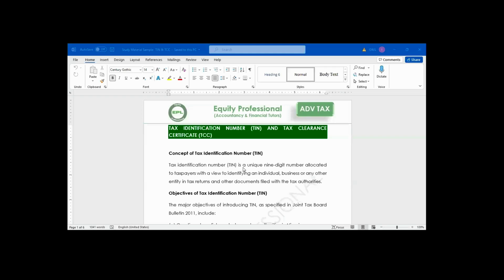How do we identify a taxpayer in the tax office? They don't identify them by their name, ABC Nigeria Limited. No. If you want to do anything in the tax office, they will ask for your tax identification number. It is that tax identification number that they will use to know your tax history, that they will use to know information about you. It's not the name of your company.